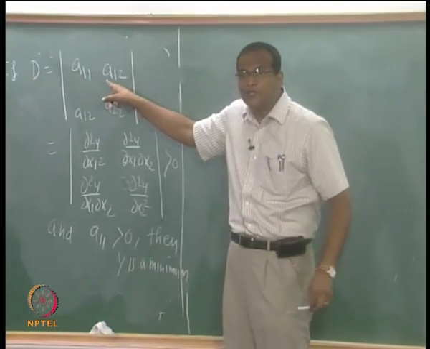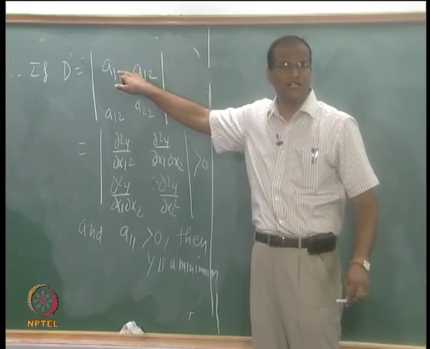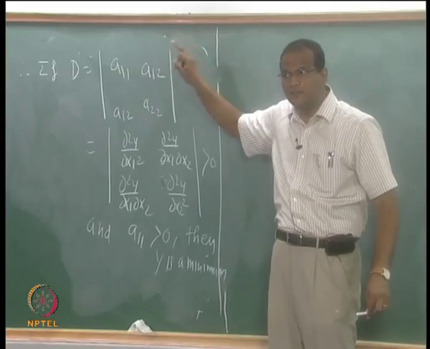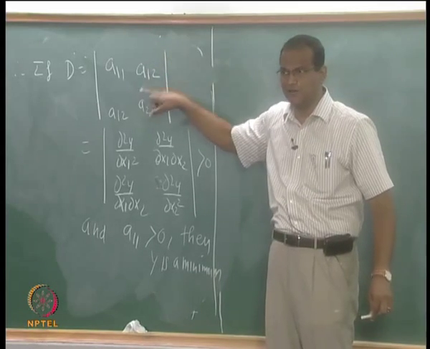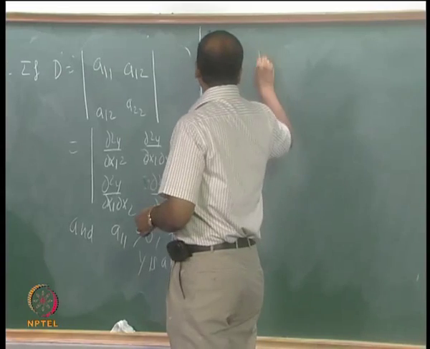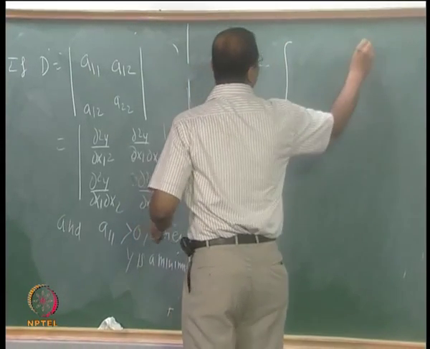D happens to be the determinant of the matrix of partial derivatives. I come again, D is the determinant of the matrix containing the partial derivatives of second order. Therefore, you have the Hessian matrix which is defined by